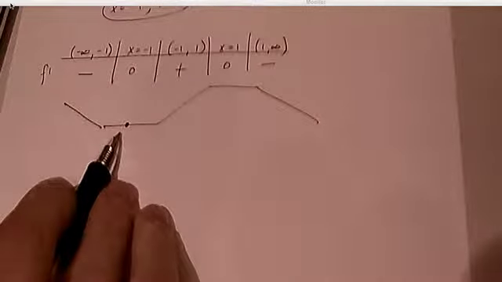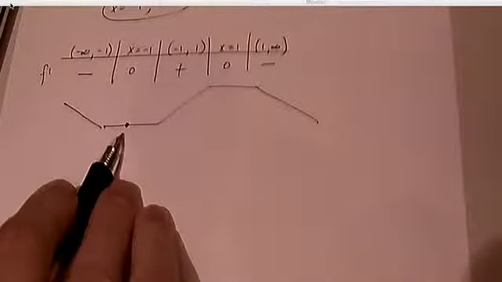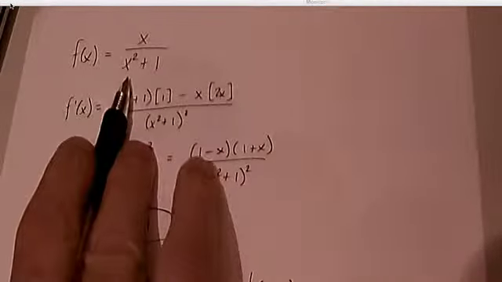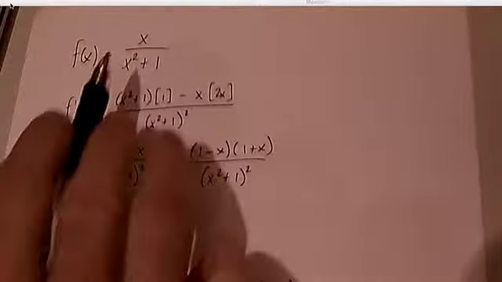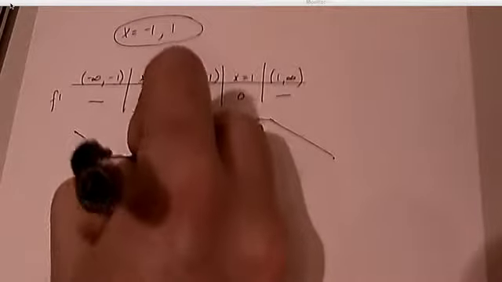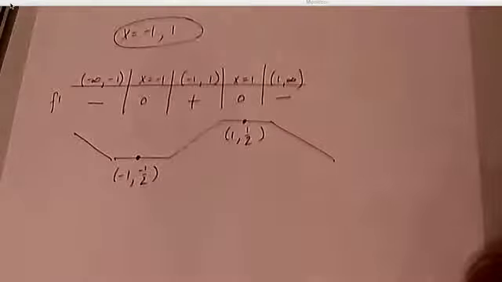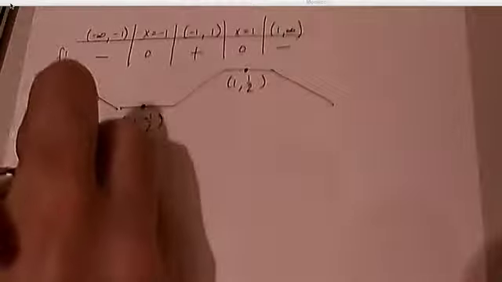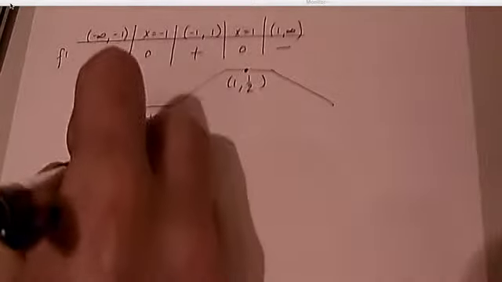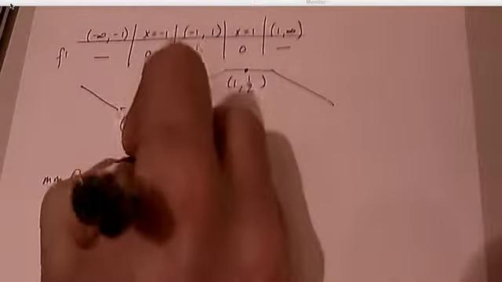In order to identify this point right here, x is equal to negative 1, first of all, I need to find the ordered pair. Negative 1, blank, and 1, blank. Well, you just go ahead and plug in here. If you plug in negative 1, you get negative 1 over 2, or negative 1/2. And of course, it's similar. If you plug in 1, you get positive 1/2. So I now have the ordered pairs. I have a minimum at negative 1, negative 1/2,